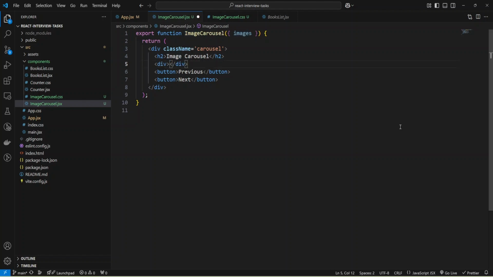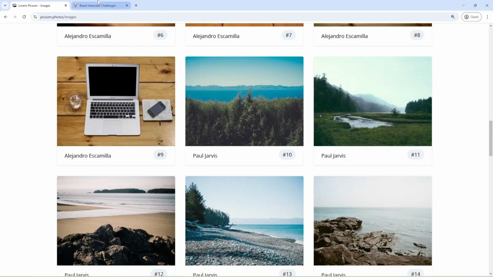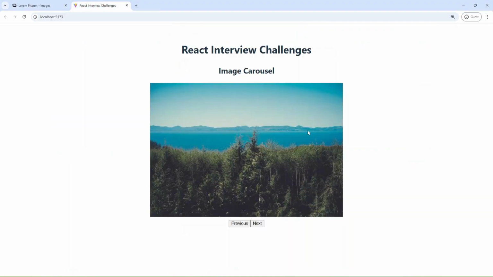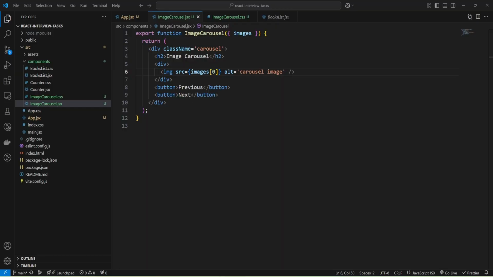Let me create an img, and for the source I'll provide images, placing the first item, and I'll add alt and change it to carousel image. Let's check what I have so far. I'm going to refresh, and as you can see, we have the first item.